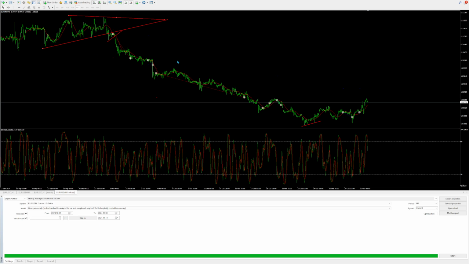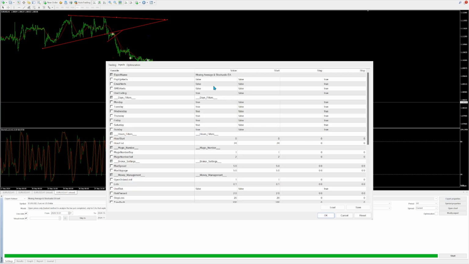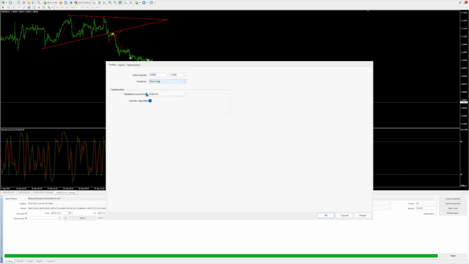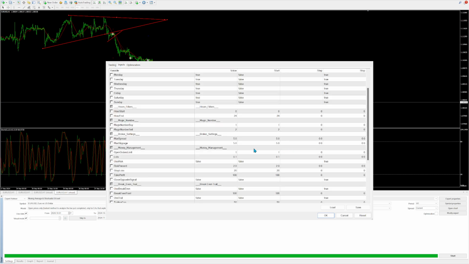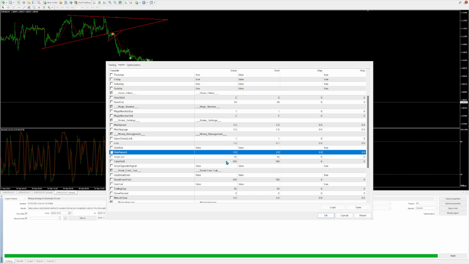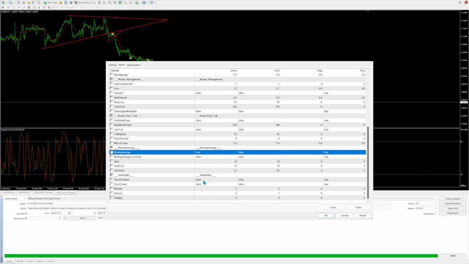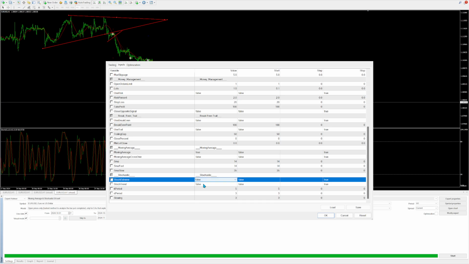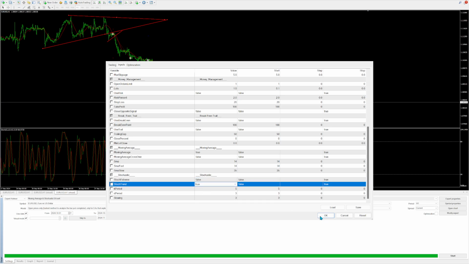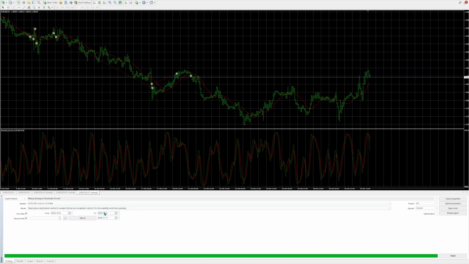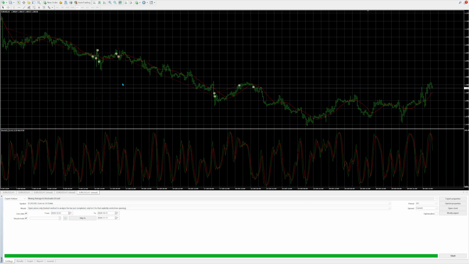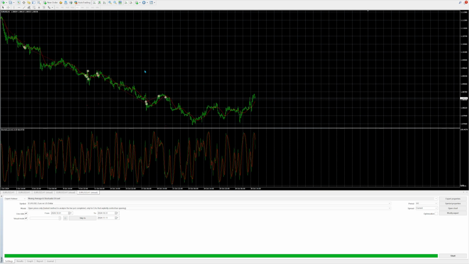Okay, but how does that tie in with the indicator? Well, the point I was trying to make is we're in a downtrend from around here. So I would have set the expert advisor to only take short trades, which you can do from expert properties, just short only. Okay, so if we set it to short only and we then put the, say, moving average true, okay, and the stochastic trend true, can run that, okay, and we can see that